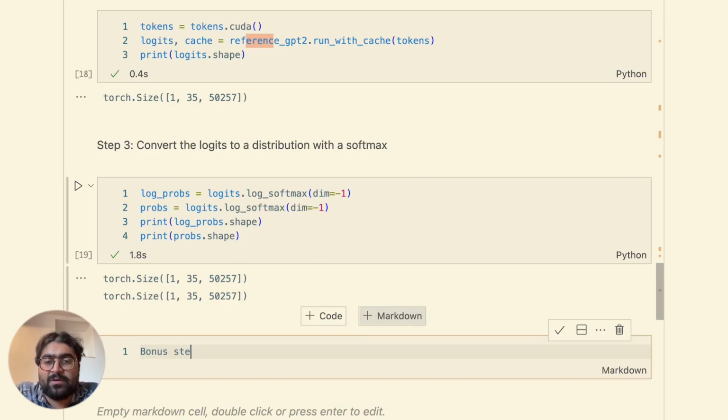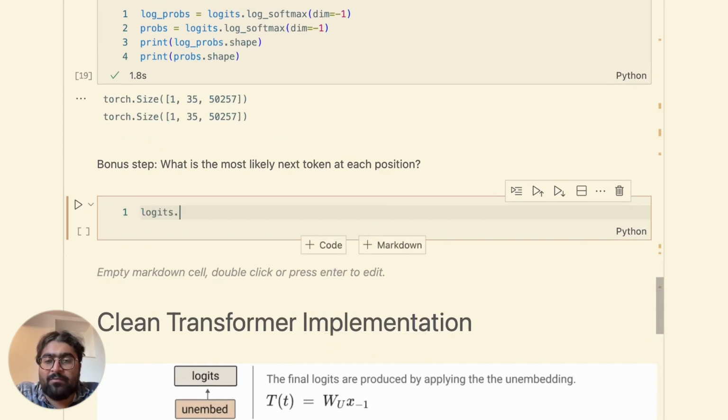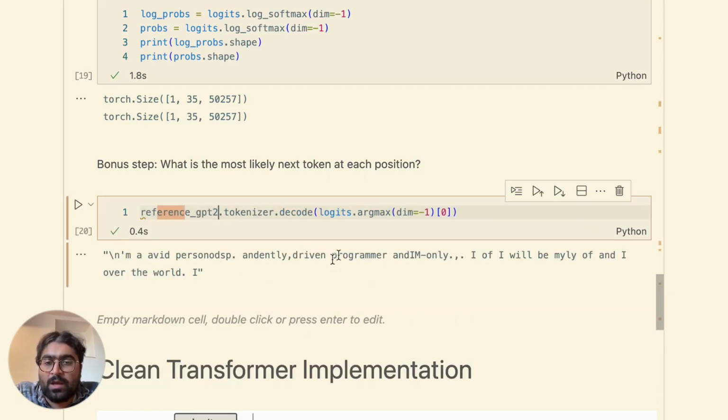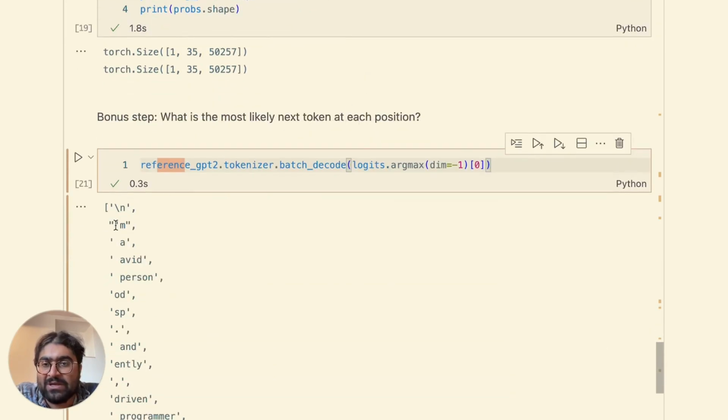Bonus step, what is the most likely next token at each position? I'm just going to write some tensor algebra. You really don't need to understand what I'm doing, but I'm going to take the argmax along the final dimension, and then this is going to get me a token position, and then I'm going to use model.tokenizer.decode on that, and I'm going to get rid of the batch dimension, and I'm going to use batch decode so it makes a list. So if we go and compare it, we've got like, I am an amazing autoregressive transformer, and after I, it's like,